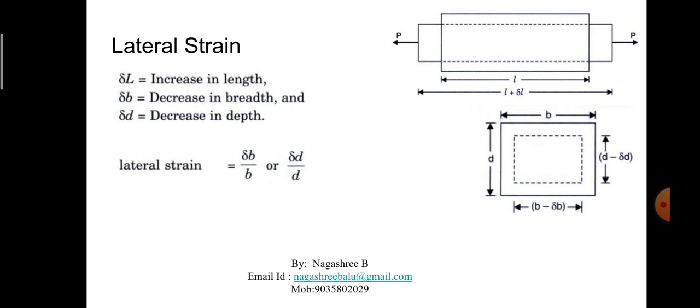Whenever there is a decrease in the dimension perpendicular to the direction of the load applied, it results in stress as well as strain. That strain corresponding to the decrease in the dimension perpendicular to the direction of the load applied is called